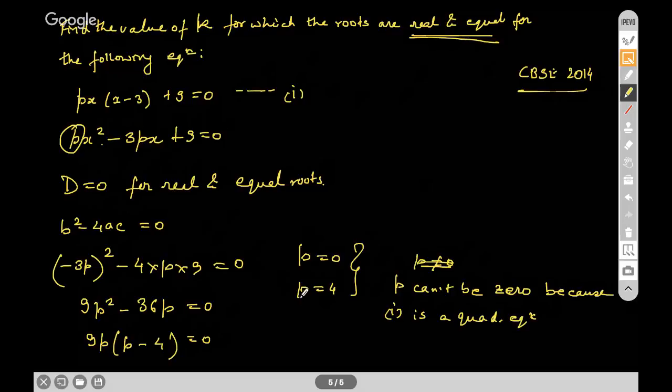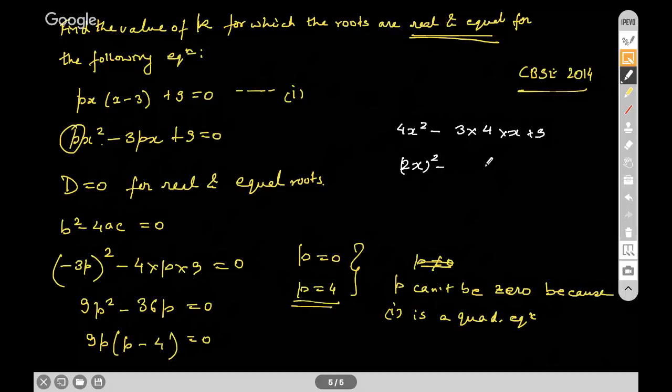But hence, let us check what if p equals 4. So if p equals 4, the equation becomes 4x square. Let us check 4x square minus this. You don't do this check while solving the question in the main sheet; you can always do it in the rough. So 4x square minus 3 into p, p is 4 again, into x plus 9, isn't it? So this is 2x whole square